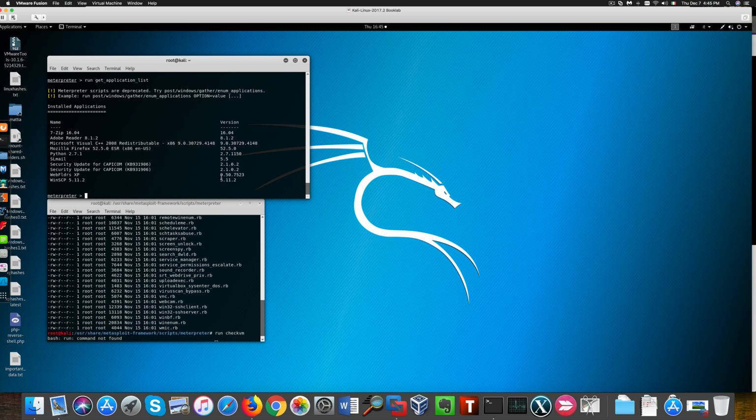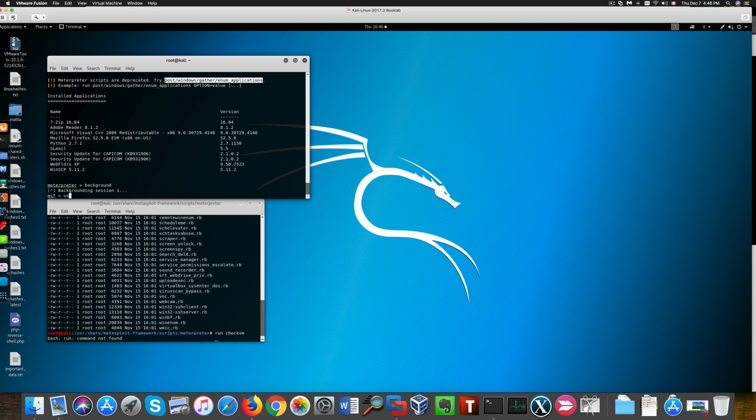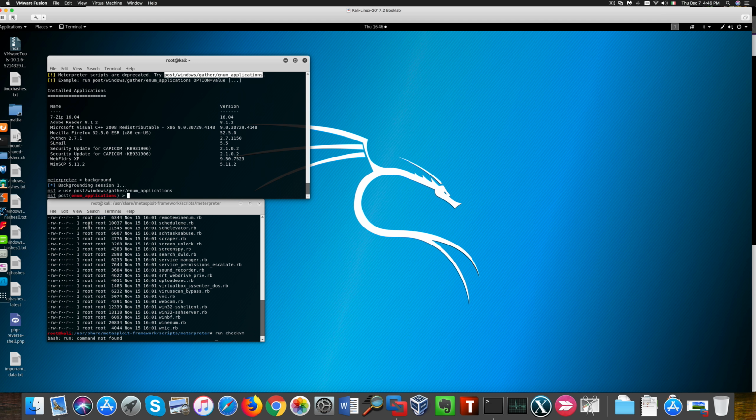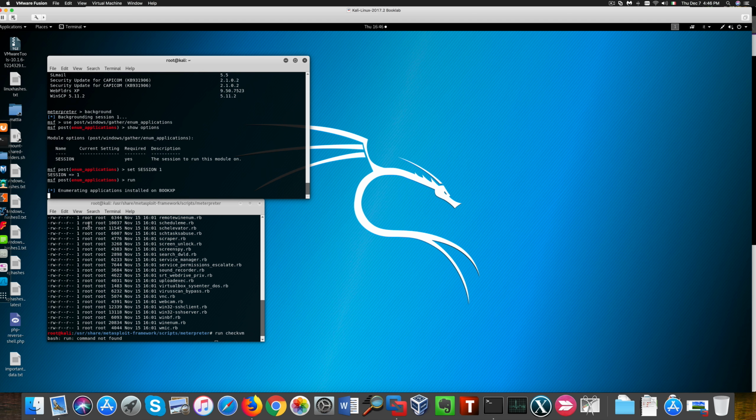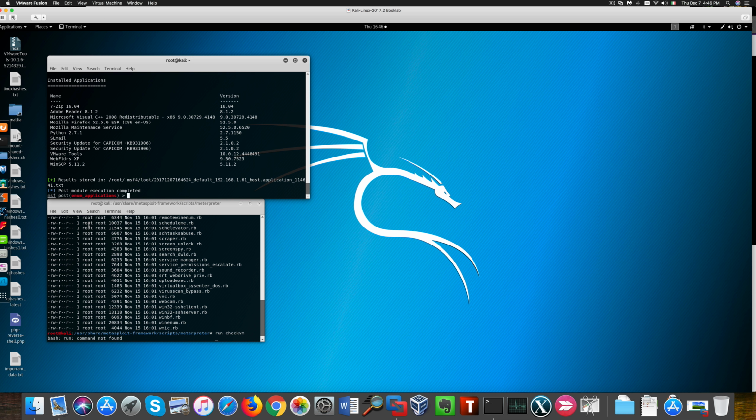So let's now background the session once again. And let's use the post-exploitation module that corresponds to that script. You only see one parameter to be configured. And you can see that we have the same results both from the script and from the post-exploitation module. No big deal. If we go back to the session,